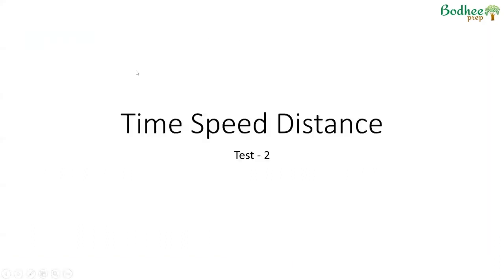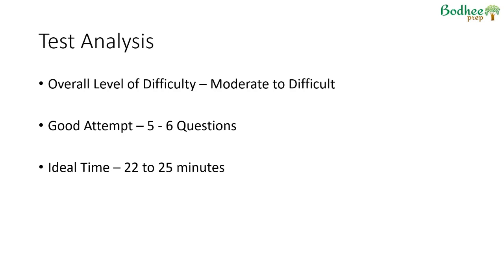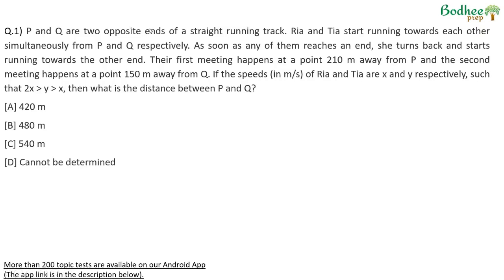This video is for the topic time, speed, distance, test number 2 as mentioned in the app. Overall, this test I'd say was of moderate to high level of difficulty, and an attempt of 5 to 6 questions will actually get you a 95 odd percentile in this test. The time taken, again because of calculations, would be around 22 to 25 minutes overall for the entire test. Moving on question-wise, the first question says,